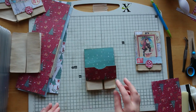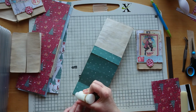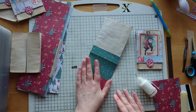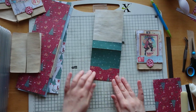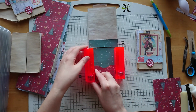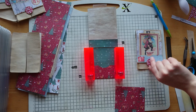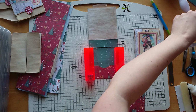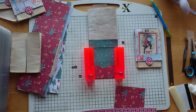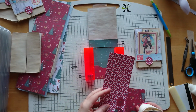Let's check I'm still in camera. So what I'm going to do is go ahead and glue the pocket down. Like so. Let's give that a little weight for a moment. And Wendy uses for the little tab, she's got a whale's tail punch. I don't have one of those. You guys probably already know that it's no longer being manufactured, so they're like gold dust. So all I've done is I've just got a bit of scrap card here that's nice and red and festive,